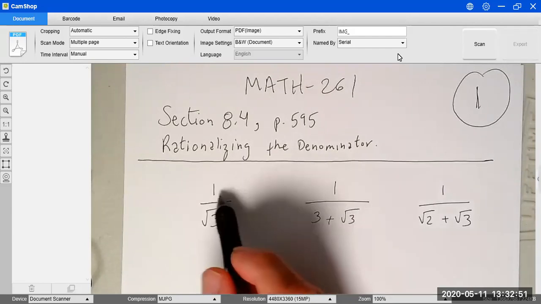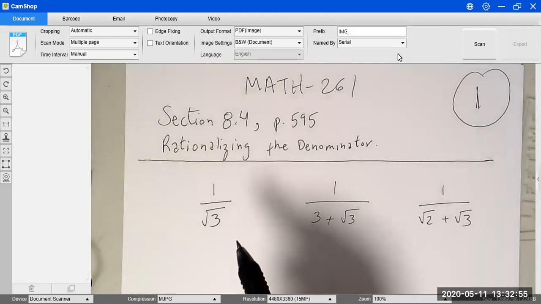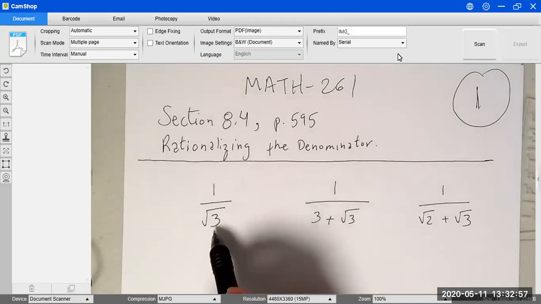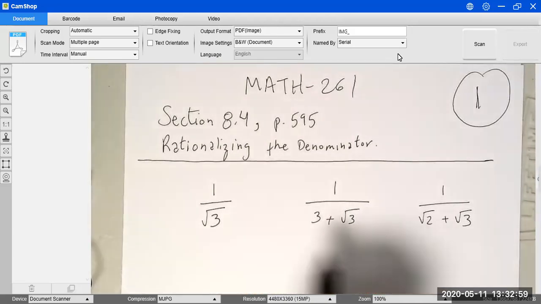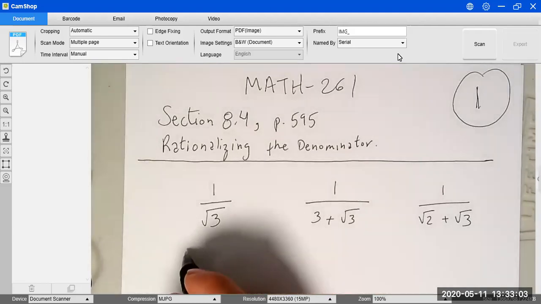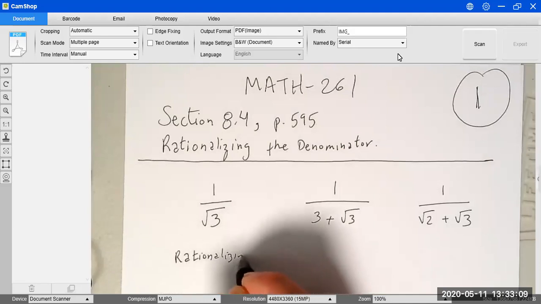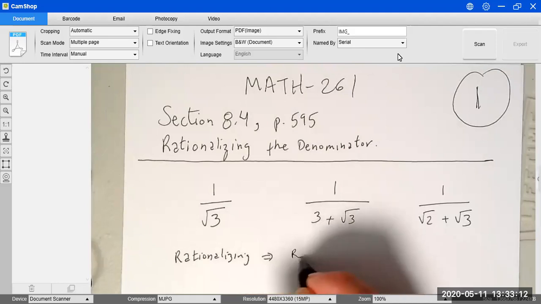We might have radicals in the numerator too, but we don't care. So we only worry about having radicals in the denominator. So we want to eliminate the radicals in the denominator. So rationalizing means removing